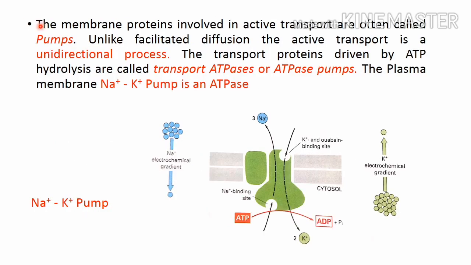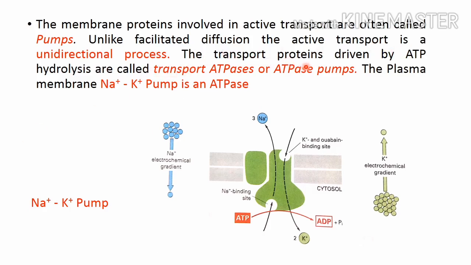So we can see here, the membrane proteins involved in active transport are often called pumps. Simply, they are known as pumps. And unlike facilitated diffusion, active transport is a unidirectional process, because here the ions are intentionally transported against their concentration gradient using the energy of ATP. So it is always a unidirectional process, and the transport proteins driven by ATP hydrolysis are called